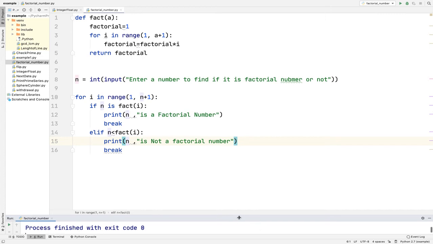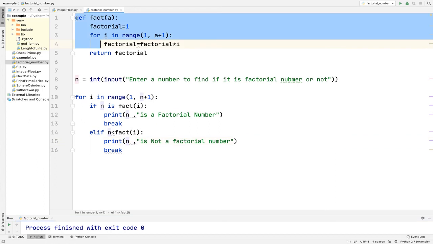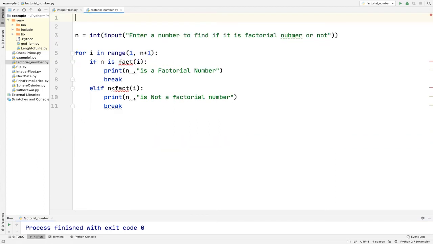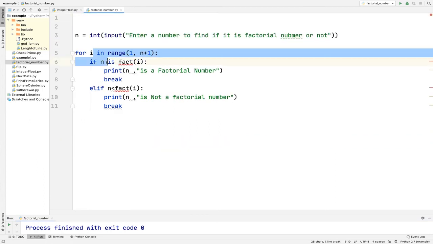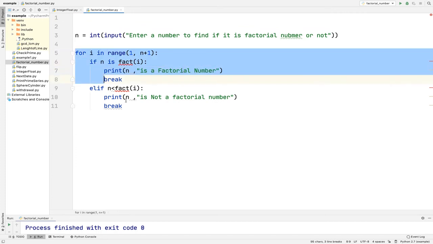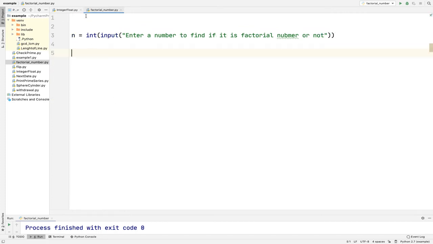Suppose I want to write a program to find if the entered number is a perfect square. A number is a perfect square when it is the square of something.